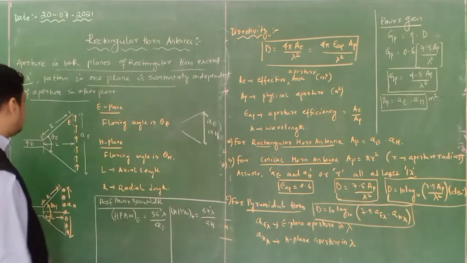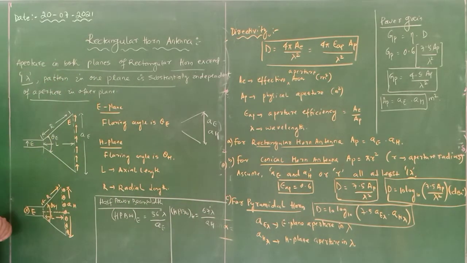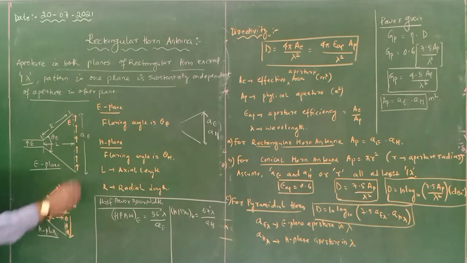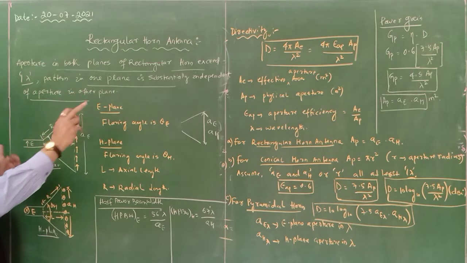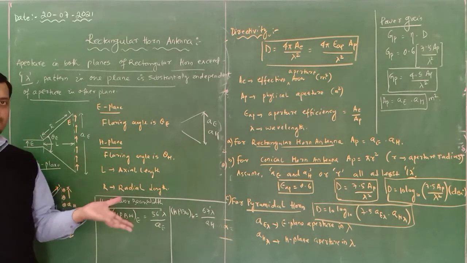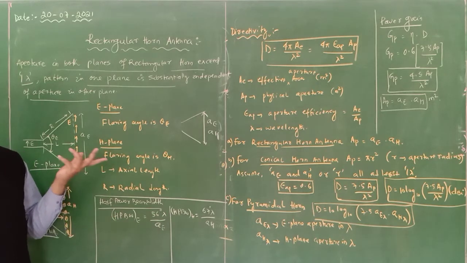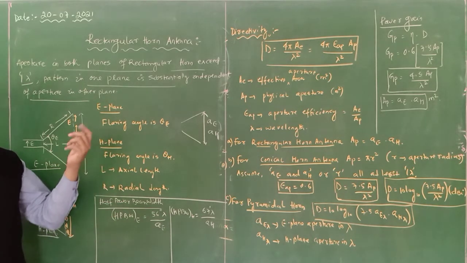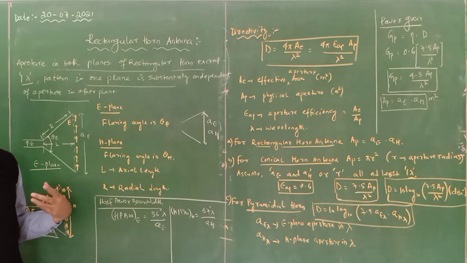Depending upon that, there are two figures I have identified. One is the E plane sectoral antenna and one is the H plane sectoral antenna. Here you can see the aperture must not exceed 1 lambda. This is the aperture AE and it should be measured in terms of lambda. Here R is the radial distance, that is L plus del. So del also comes into the picture here. Del is called the path length or the difference path length, which will decide whether to operate at a higher directivity or a lower directivity.